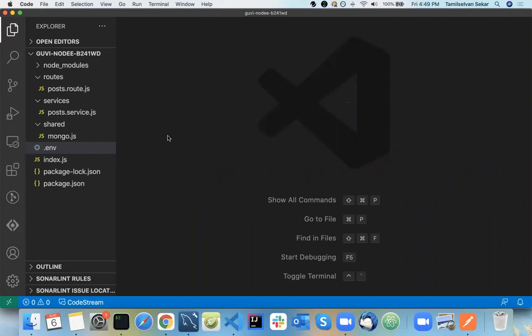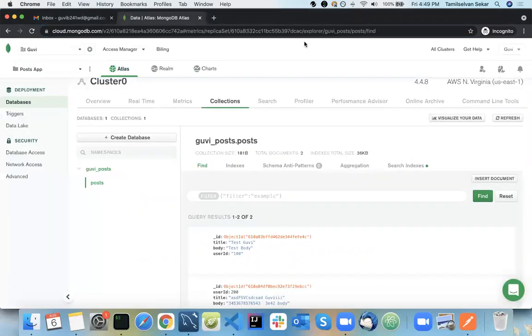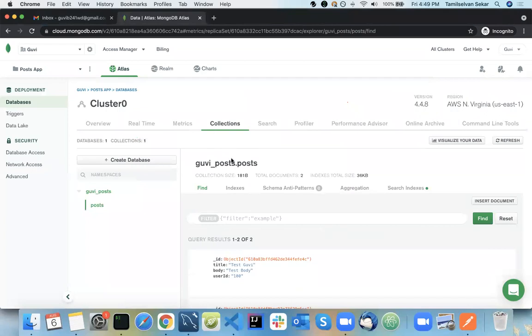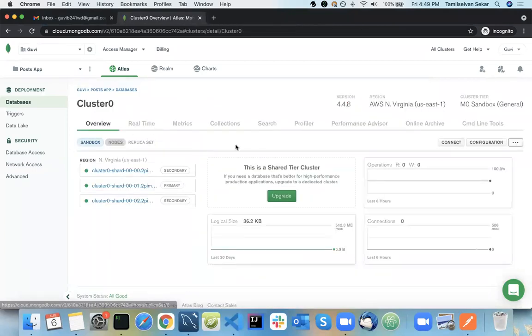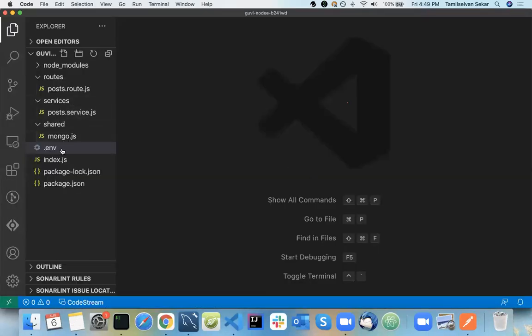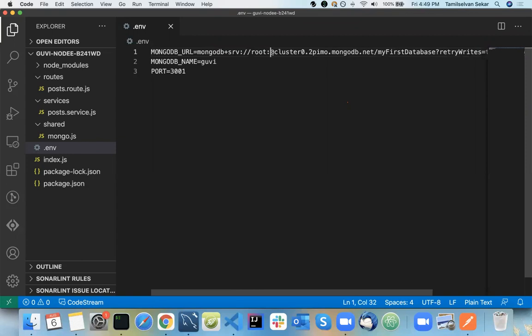Alrighty. Okay, so now let's move on to deploy our app to Heroku. Before that, I'm going to use this URL. So I told you, right? I'm going to use this URL in order to access them. So in my env, based on the environment, you just need to modify the env alone. And my password was